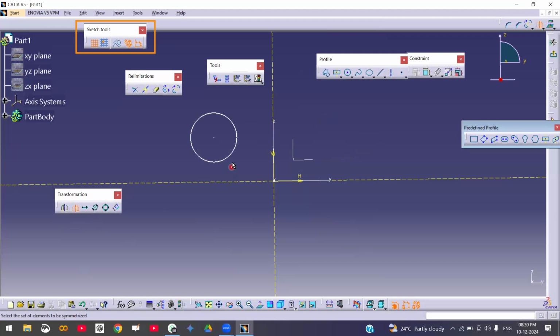So again, I'll go to the symmetry. I'll select this circle. This time I'll move this circle to here. In this case, select the axis. So like that, you can move it. So next option is that